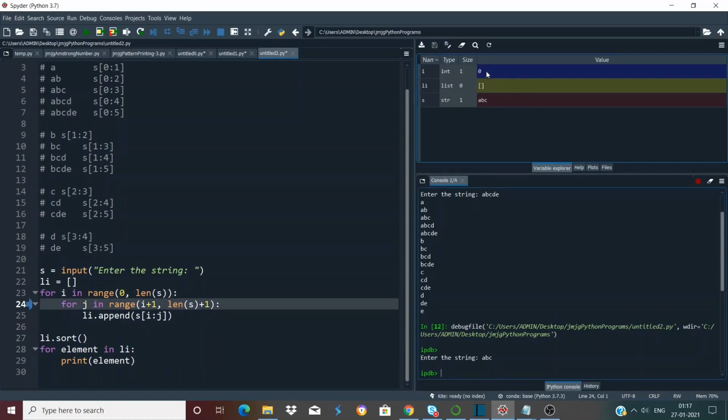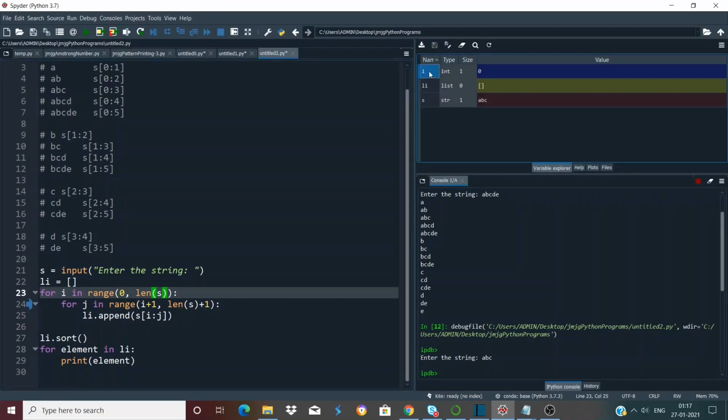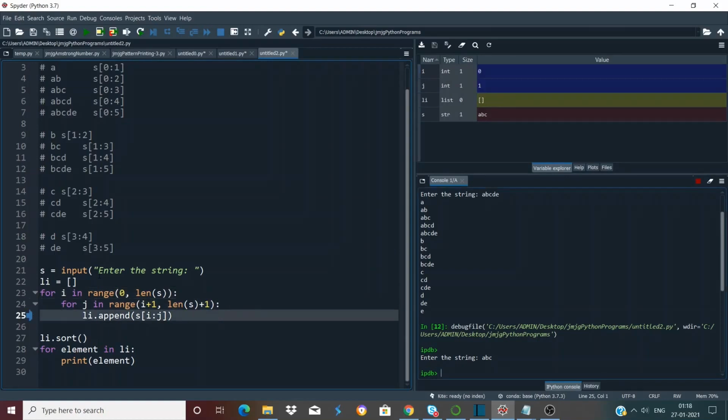now we enter the outer loop. So currently the string is ABC, right? And the value of the length of the string ABC is 3. So this gives us range 0, 3. So this loop will iterate over a sequence 0, 1 and 2. So we are inside the first iteration of the outer loop, and that's why the current value of i is 0. Now if we again press Ctrl plus F10, we enter the first iteration of the inner loop.